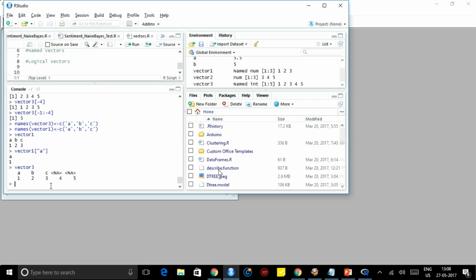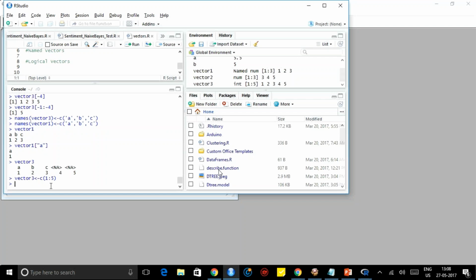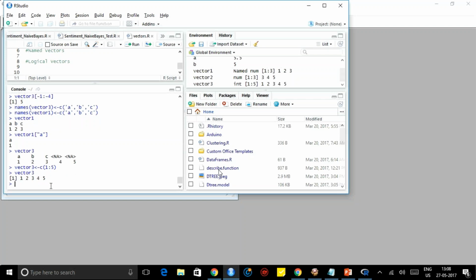So again, we'll go to sorting or classification. Sorting can be done simply in multiple ways. I'll tell you how. So now we have vector 3 as 1, 2, 3, 4, 5. If you want to do operations, for example, you are programming in Java and want to find which ones are greater than 5, you write a for loop, iterate over everything, 4 lines, 5 lines. But look at here.